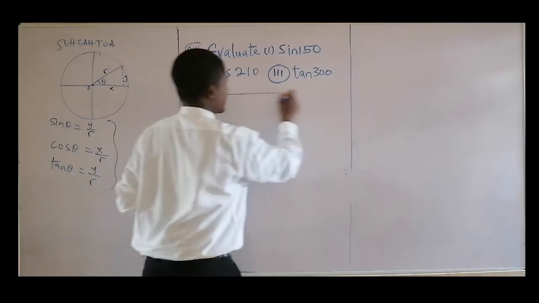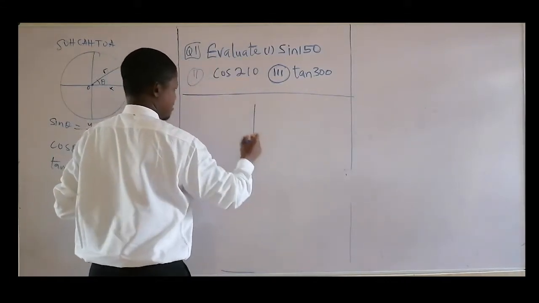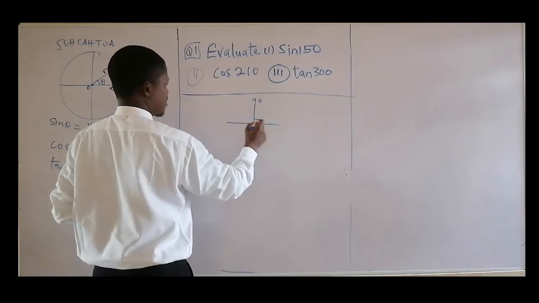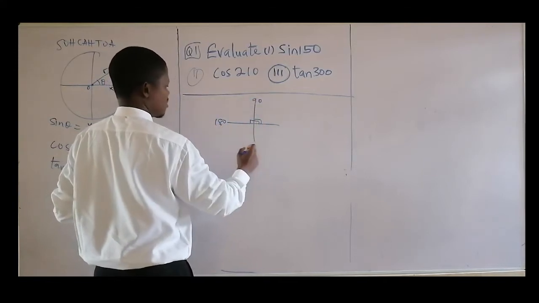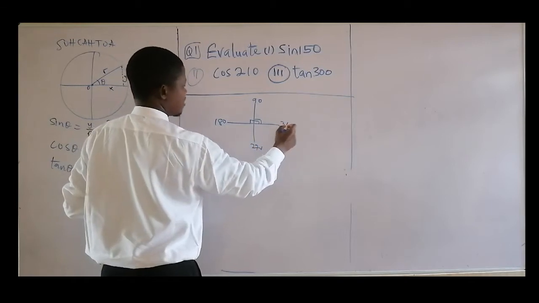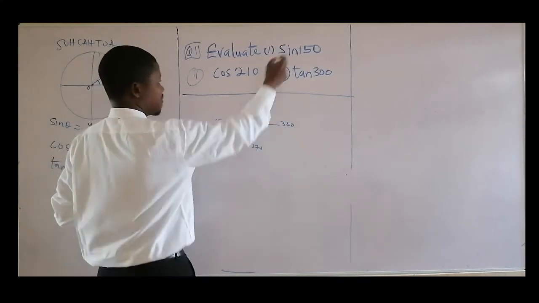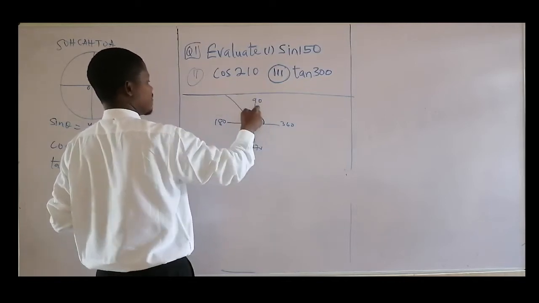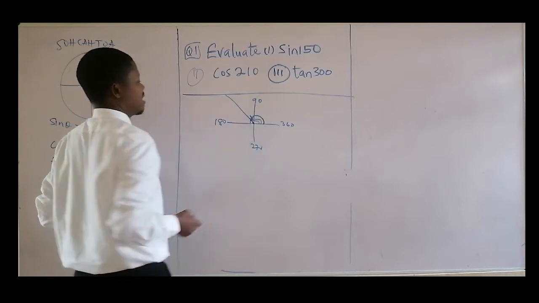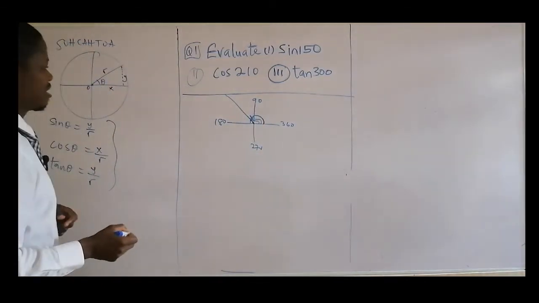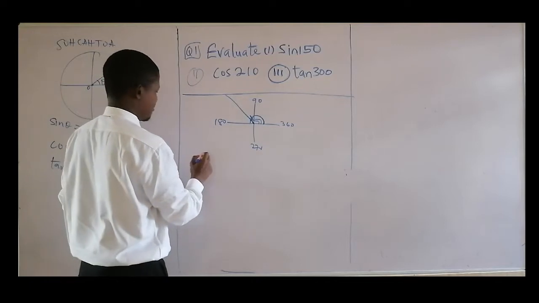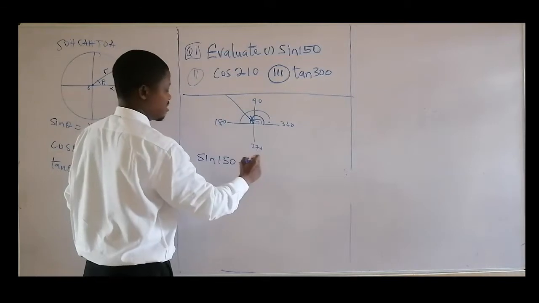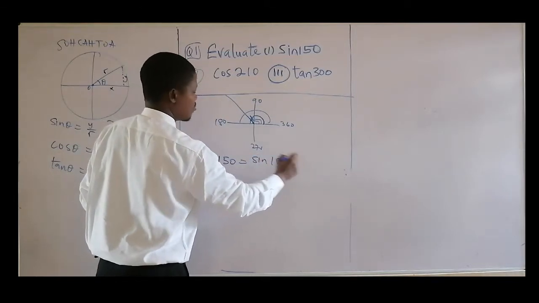If you look at what we said in the previous video, from here to here is 90, from here to here is 180, here is 270, here is 360. So 150 is in the second quadrant, maybe somewhere here. And in the second quadrant, the formula is sine 150 will be equal to the total of that angle, which is 180 minus